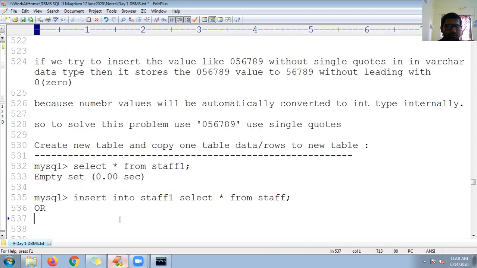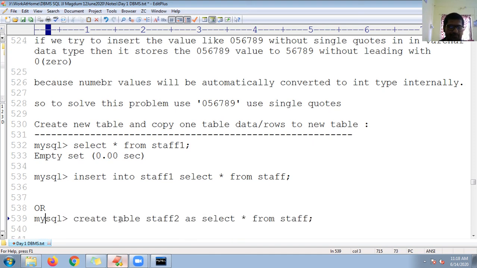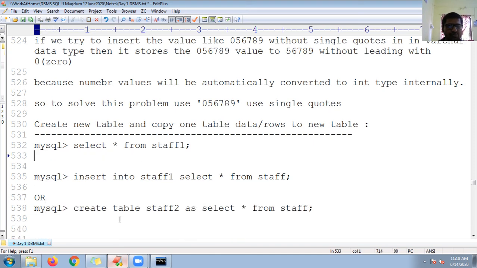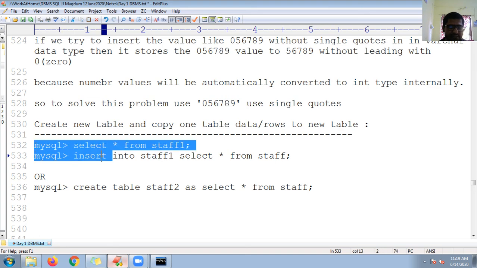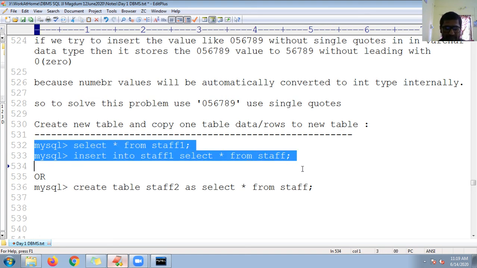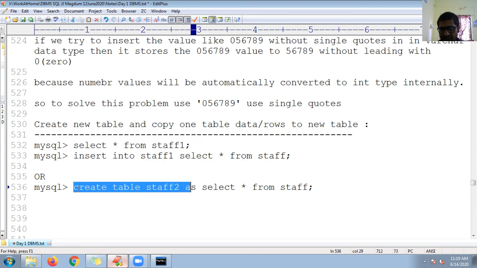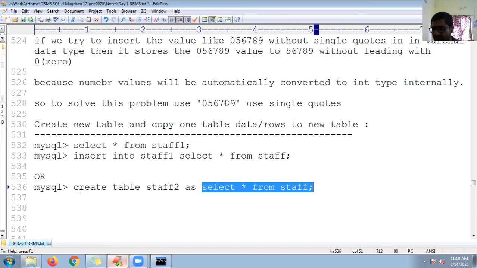Here it is in a single line. If you observe the syntax, there are two statements I have fired, but in these statements the table is also created and the records also copied.